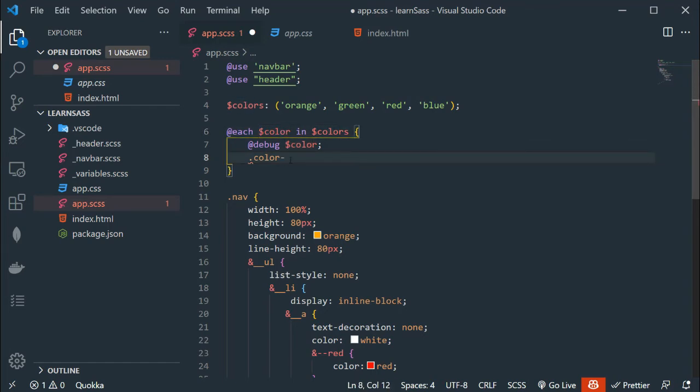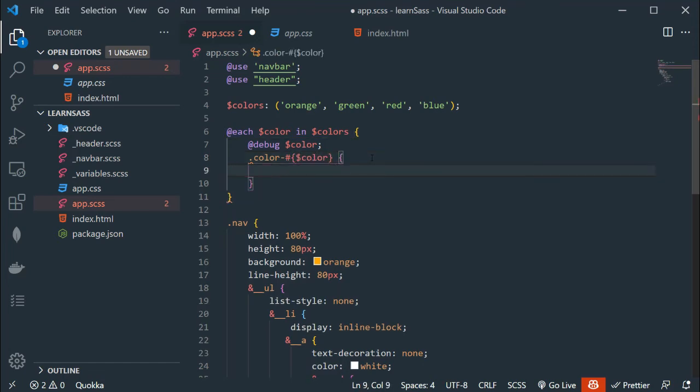So we simply add hash and curly braces. Inside the curly braces we have to add $color. Now simply add background: $color, save the file.